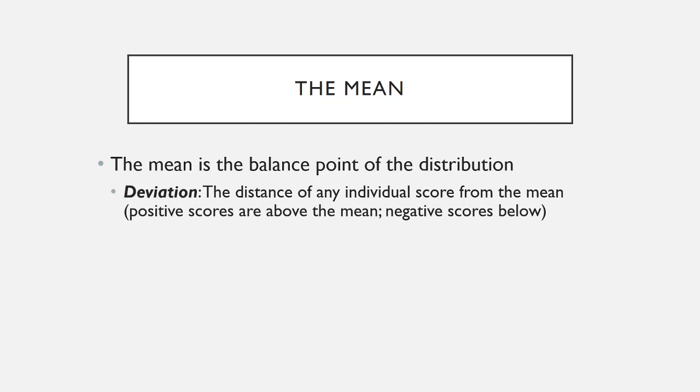When I say the mean is the numerical balance point in the distribution, in mathematical terms, this is that the sum of the deviations around the mean is going to be 0. So what's a deviation? A deviation is the distance of any individual score in your dataset from the mean. The greater the absolute value of a deviation, the further a score is from the mean. Additionally, deviations can be positive or negative because some scores in your dataset are going to be above the mean. As such, they'll have a positive deviation score. There will be some scores in your dataset that are below the mean and as such have a negative deviation score.